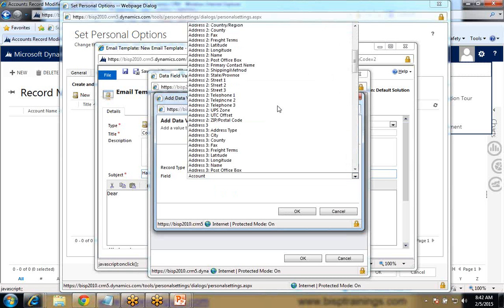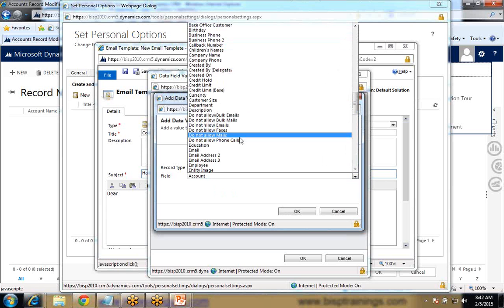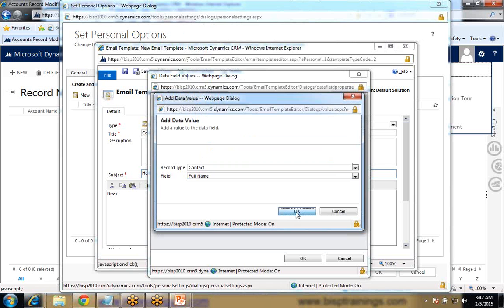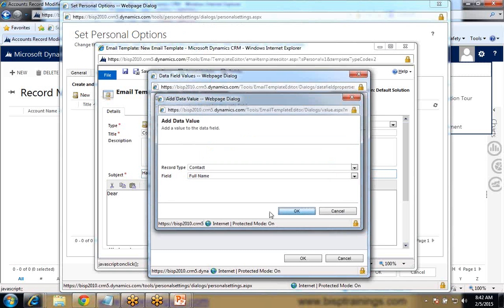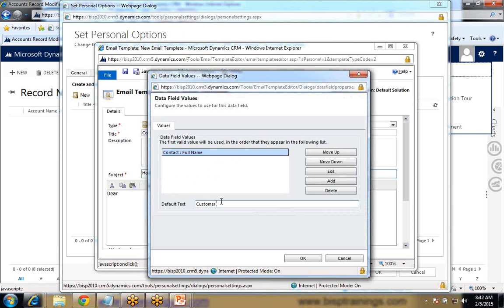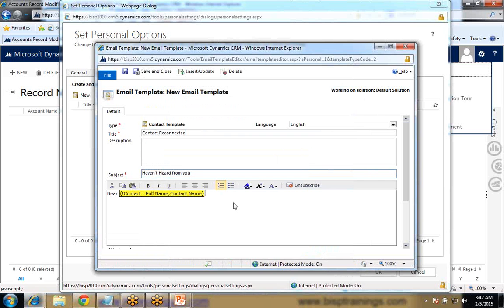So full name attribute actually. So I'll go with full name, and OK, and we can have a default value, customer or contact name. It's a default value basically. Okay, and OK, you see we got a field over here, contact full name, and